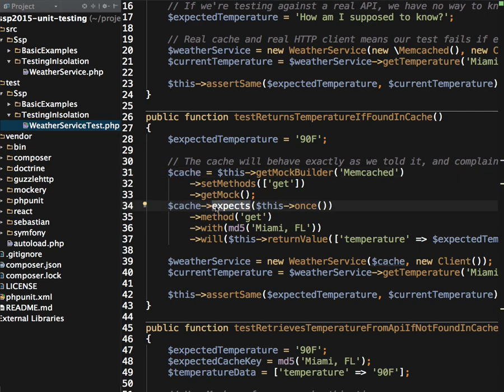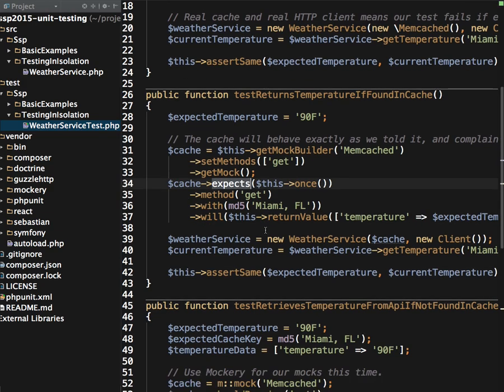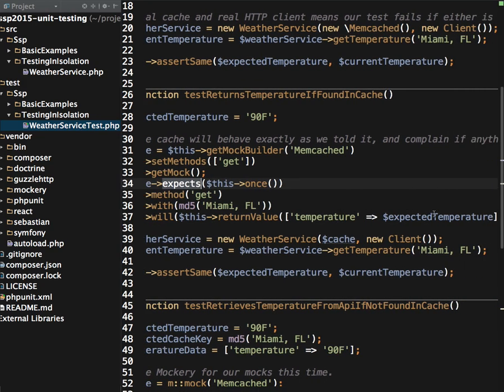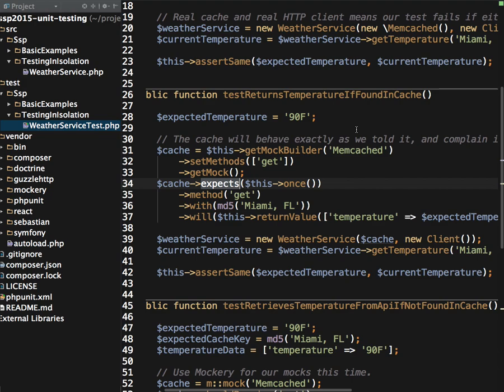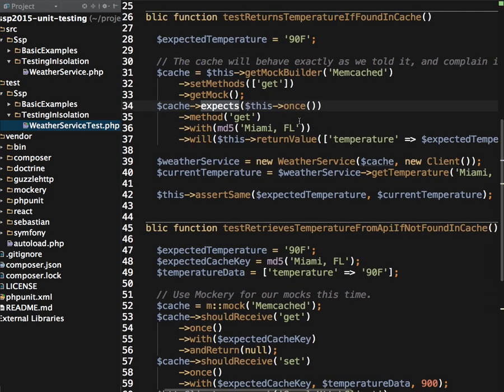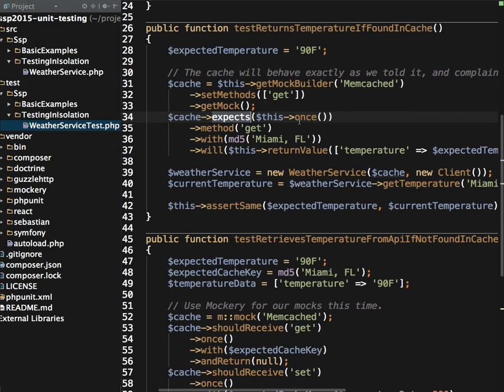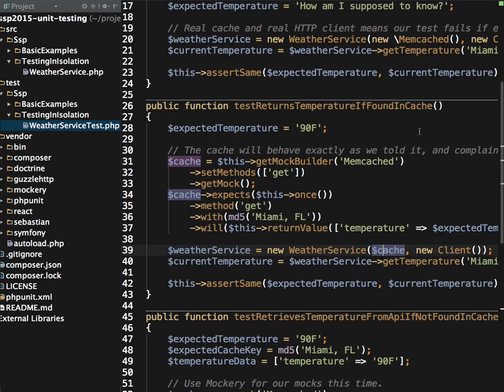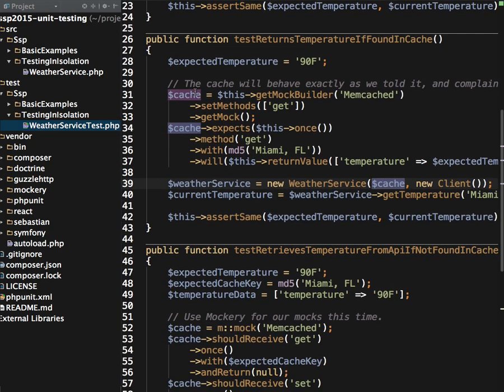So this Memcached object should expect one time for the get method to be called with this MD5 hash of the city. That's just so that you get clean keys in the cache. And then it's going to return the value temperature equals whatever I have set the expected temperature to be. In this case, 90, because that's usually the case in Miami. And so instead of creating a new cache like I did up here, I inject this mock cache. And when that test runs,